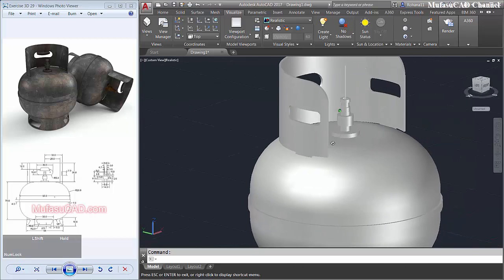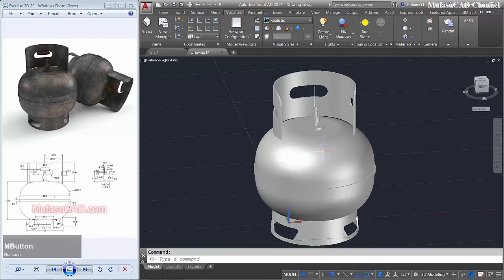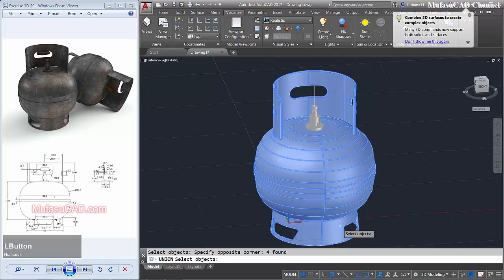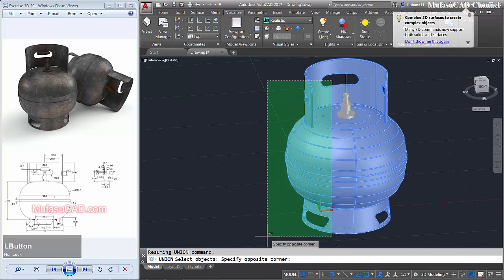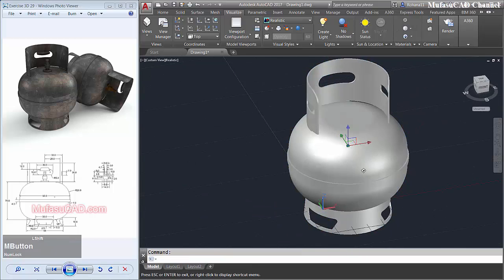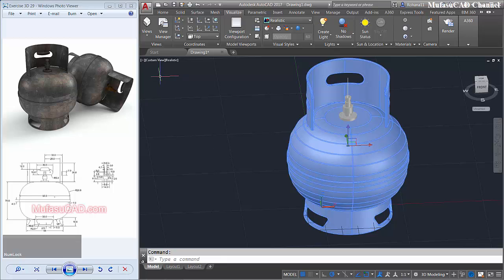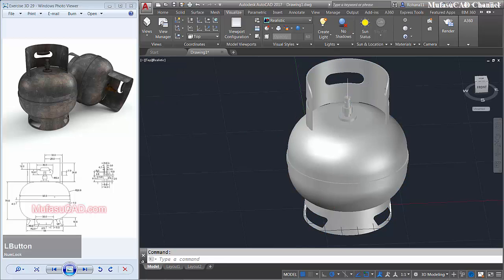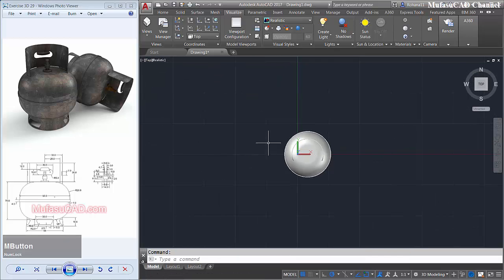Next, I will combine all these objects by using the union command. You can select this object and select this object. Okay, start to combine. Change into top view, and I will create the plane surf.